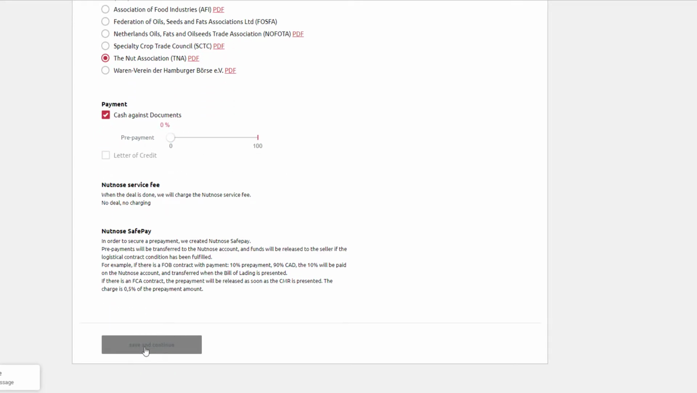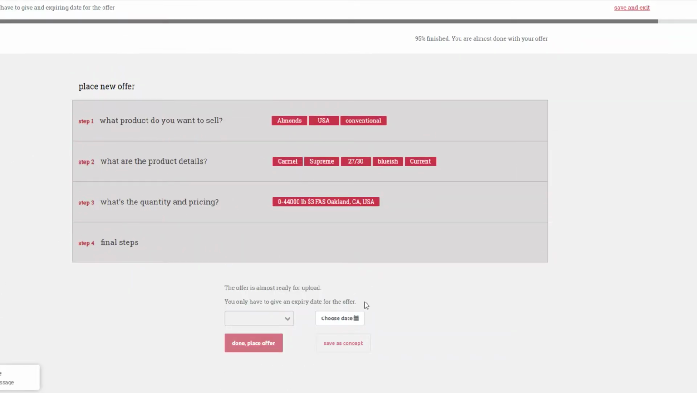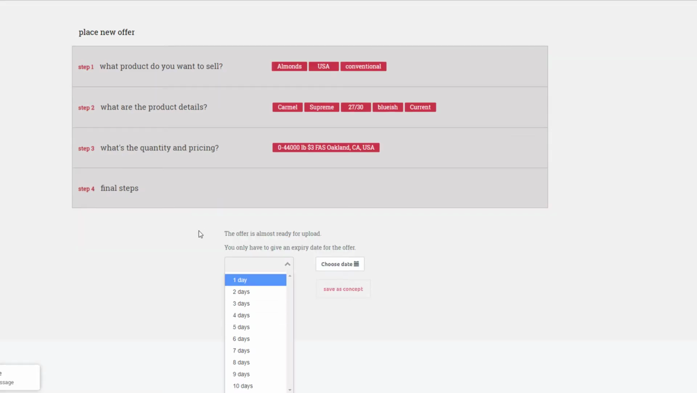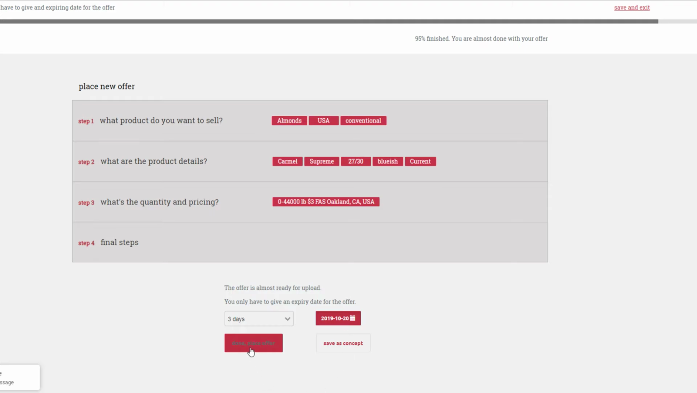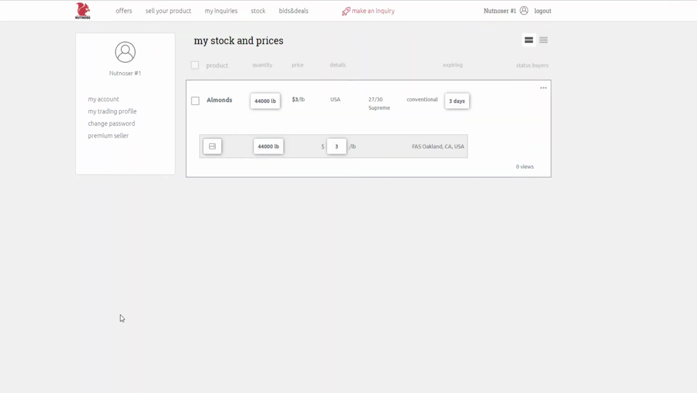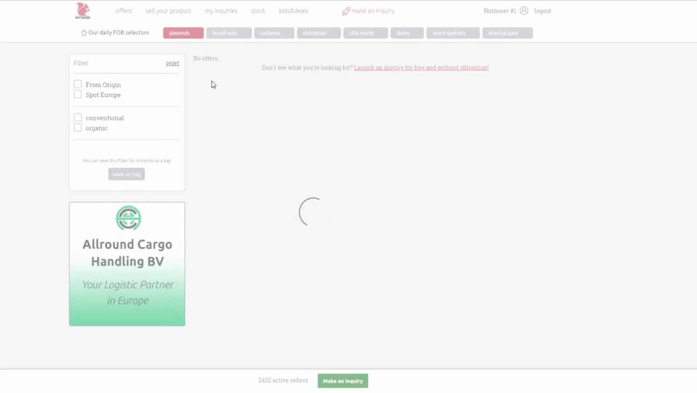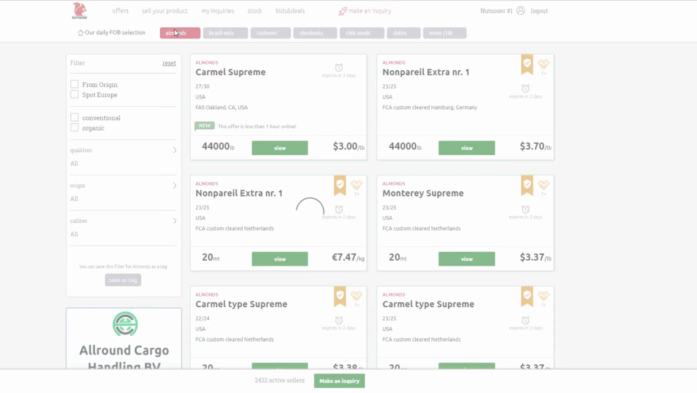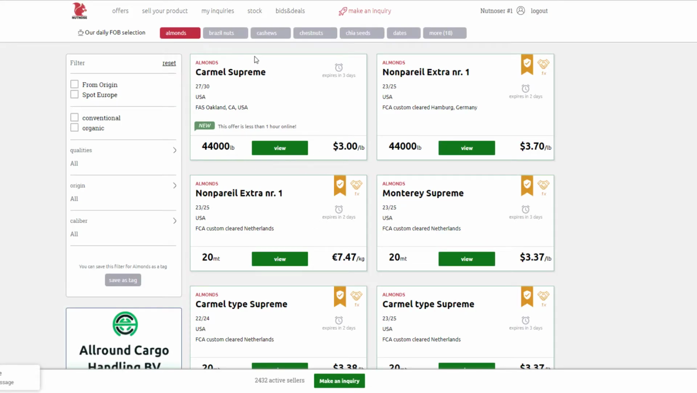So I'm going to save and continue, and this will already take me to the last step of creating an offer, which is to select for how long the offer is valid. And let's say my offer is valid for 3 days right now. So I'm going to click on done, place offer, which will put the offer online. And right, so the system will take me back to my stock and prices, and we'll now see that the offer has been created. And we can go back to the offers page and see it being displayed there. And so we see right here in the top, we've gone to almonds, and we see our offer caramel supremes 2730